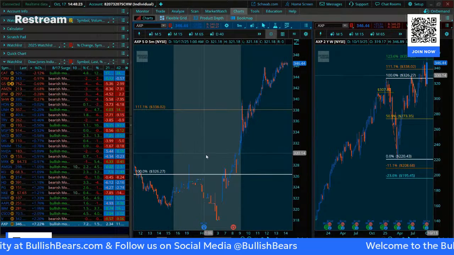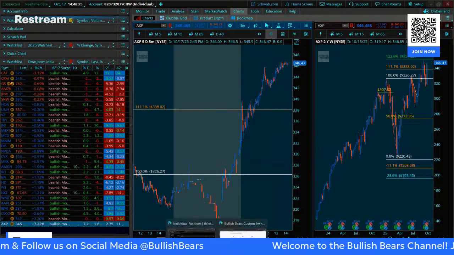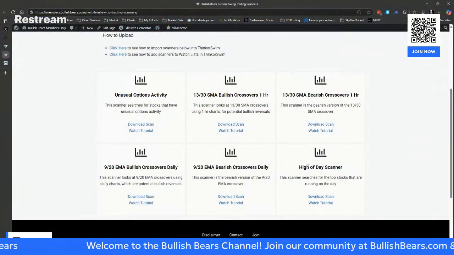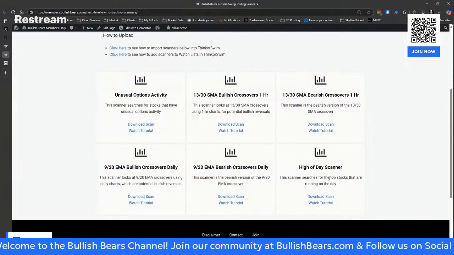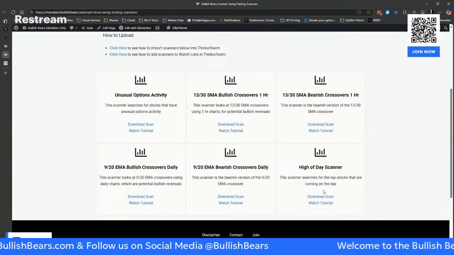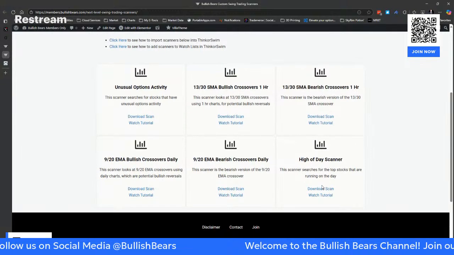All right. So that should cover that scan, right? High of day scanner. There's nothing special or unique about this one whatsoever. So you can download the scan or you can watch the tutorial, but my suggestion, build your own with this one. That one is just